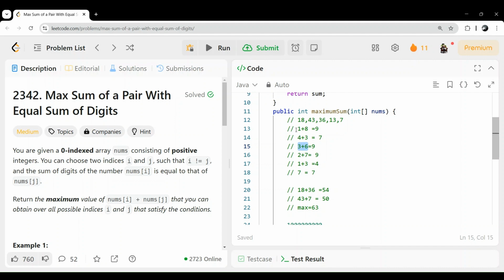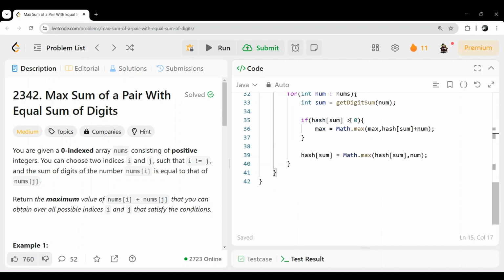At the end we will store whichever of 18 and 36 is maximum in the hash array, so that for the next iteration, when we get a new number with the same sum of digits, it's easy to compare with the maximum value. Then we will return our max at the end.